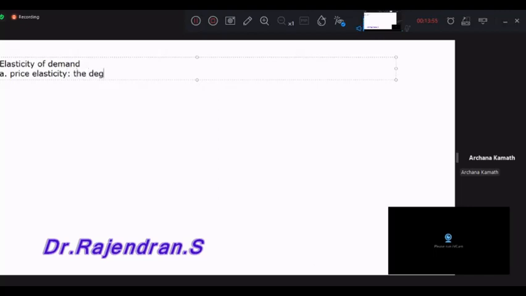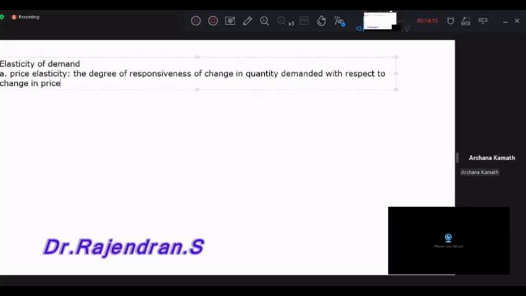The definition for price elasticity is the degree of responsiveness of change in quantity demanded with respect to change in price. Okay, and this is a particular equation,